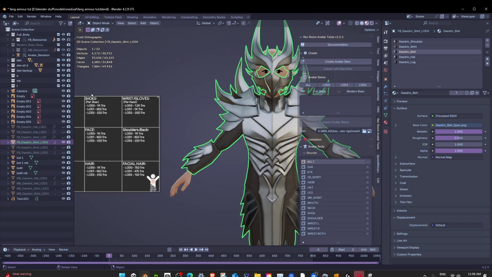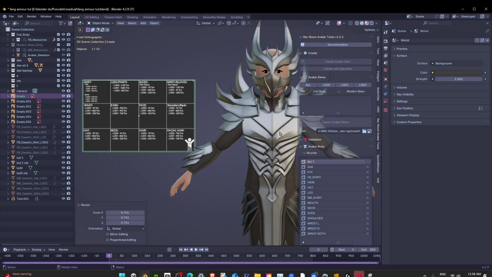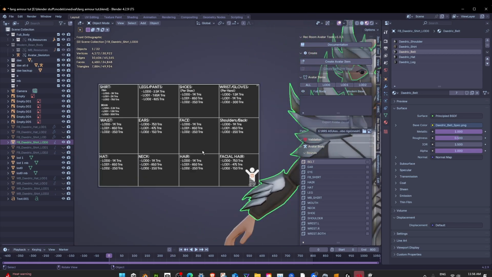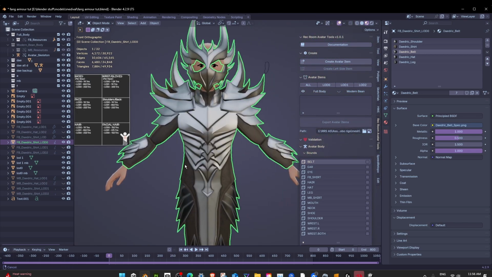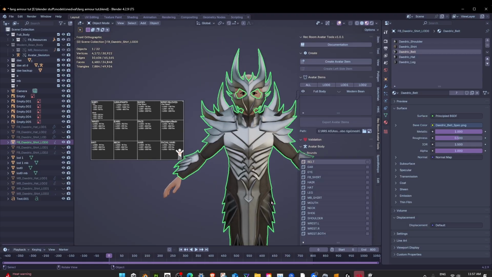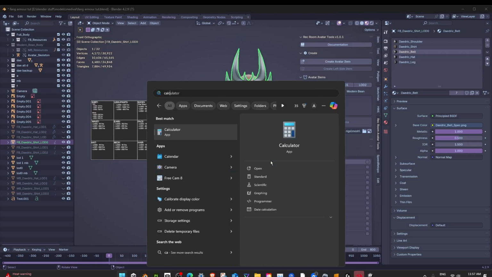check the try limit. So for this it's 7.8, and right now this as a whole is taking up the leg slot, the shirt slot, the shoulder slot, the belt slot, and the hat slot. So you just open up a calculator